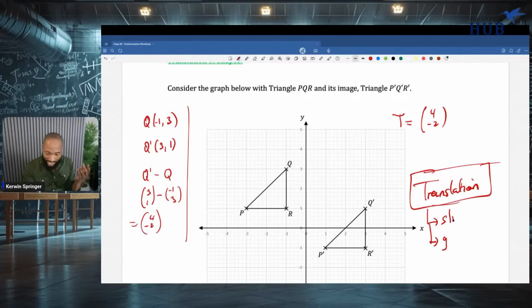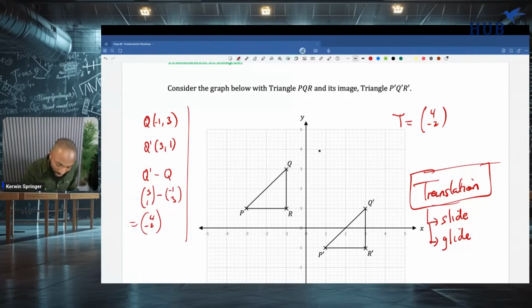So yes, a slide and a glide. So a slide and a glide. So that's it. To describe a translation fully, you need to know the vector. Sometimes they can give you the vector. Sometimes they can ask you for the vector. They give you the 2 points, ask for the vector. They give you 1 point, give you the translation, tell you where the other point is going.